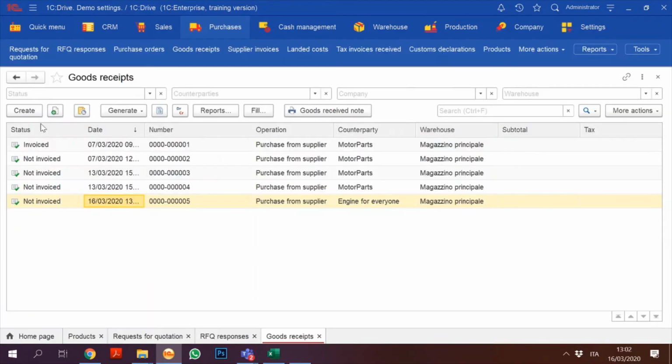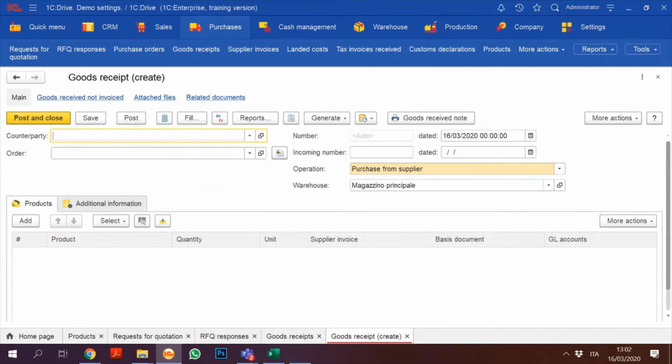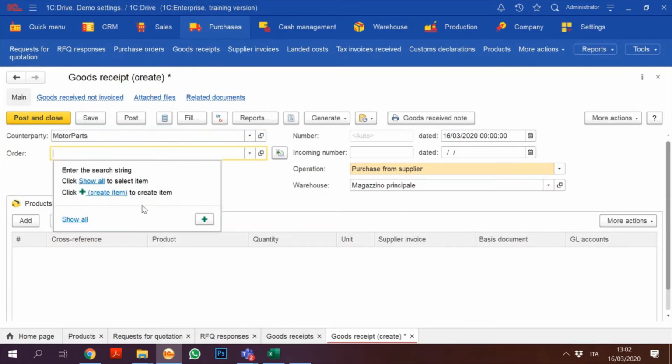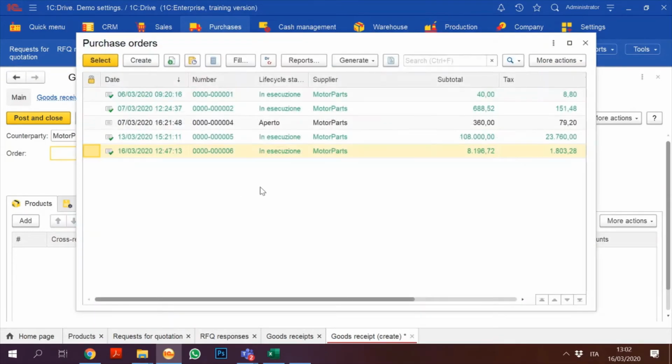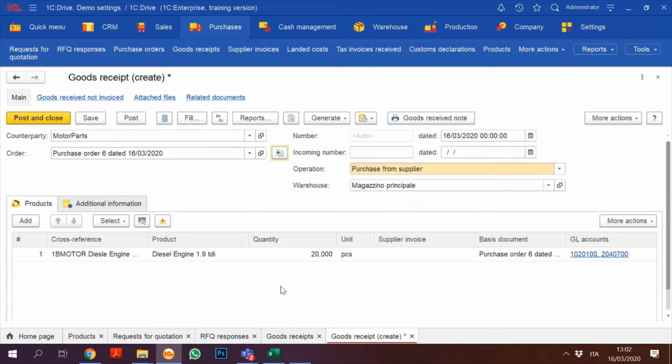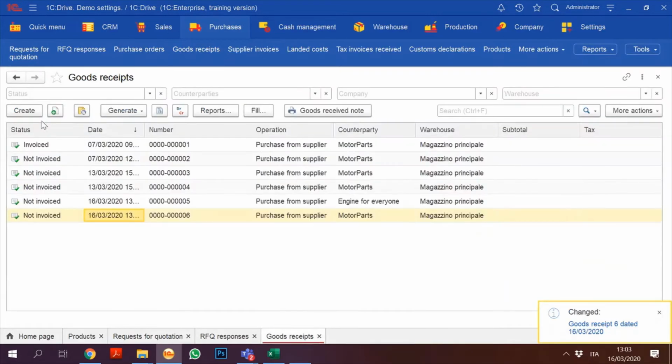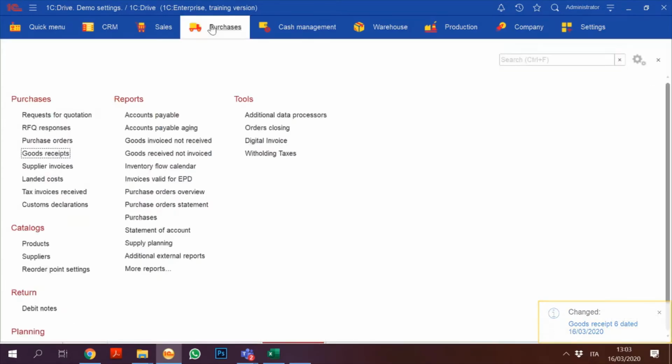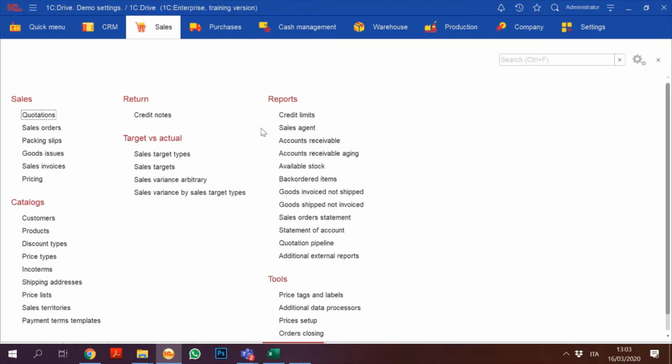I suppose that I'm receiving again from another company, Motor Parts, a part of their order. I think that with them I have much more order, okay, open. So I have this order, let's select, we fill it, we order it, and we receive these 20 pieces, okay, and I post, okay. So if I go to see, now I want to show a bit, when we go here, let's see here, because here is not set up available stock,